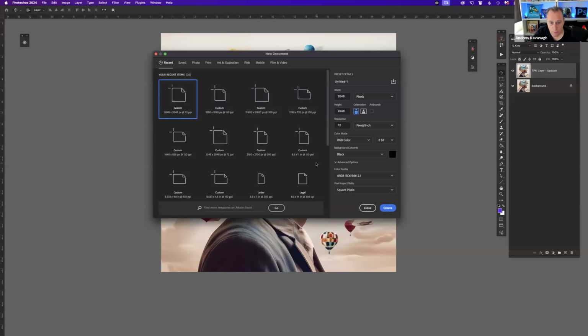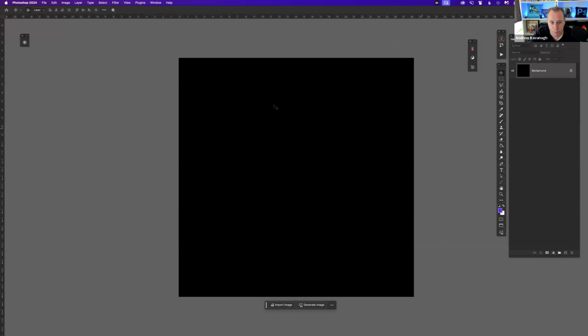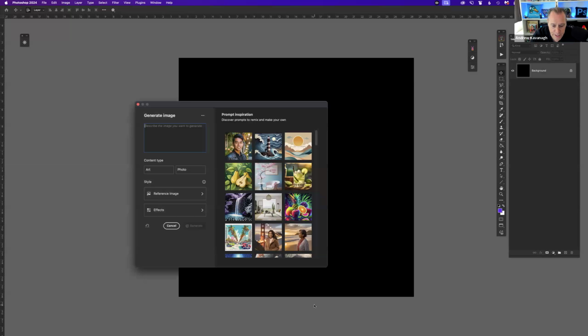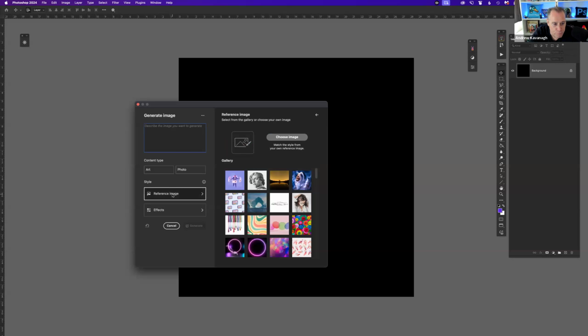Right. So once again, if I open just a new blank image, when you generate an image, remember that you put in whatever prompt you have, but if you choose Reference Image, that's where you can choose a reference image to get the composition and the style of what you want. So you could have a photo of your client as the reference image, and then hopefully the